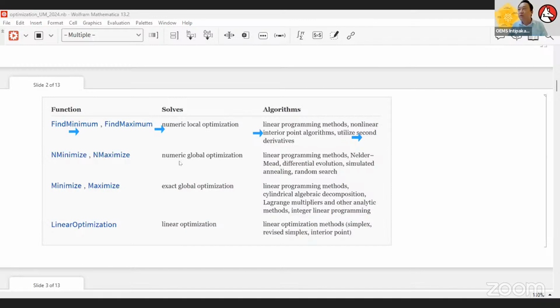When it comes to the numerical approach for global optimization, we have NMinimize, and there are some built-in methods here, for instance simulated annealing and random search. And if we look at global optimization symbolically, we have cylindrical algebraic decomposition, and so forth.